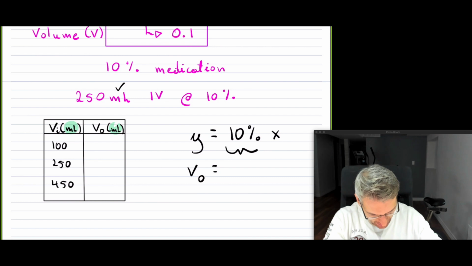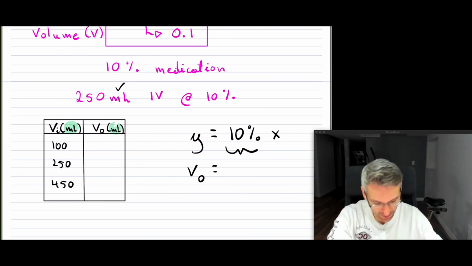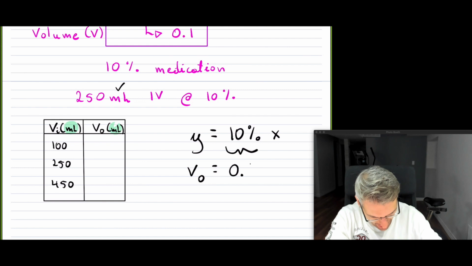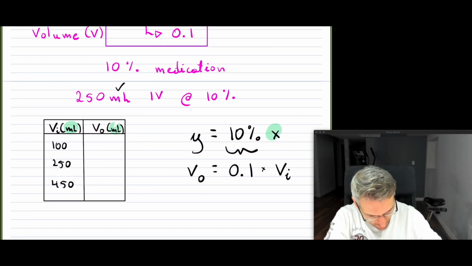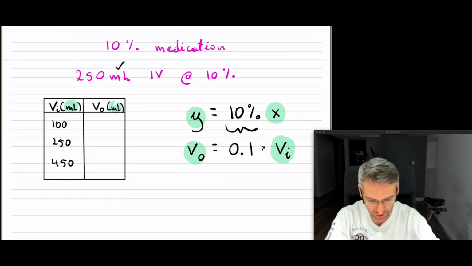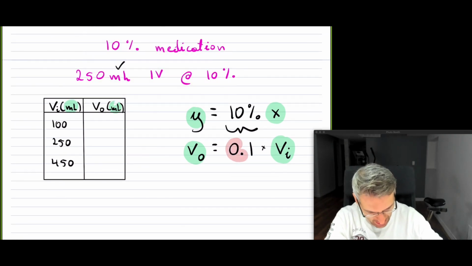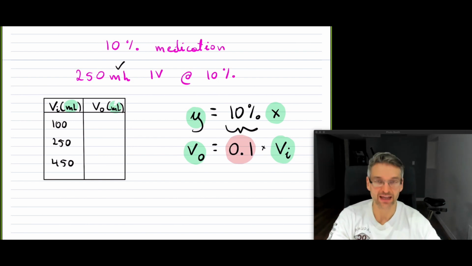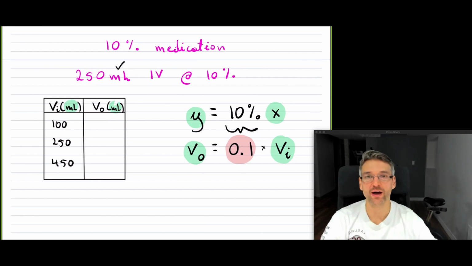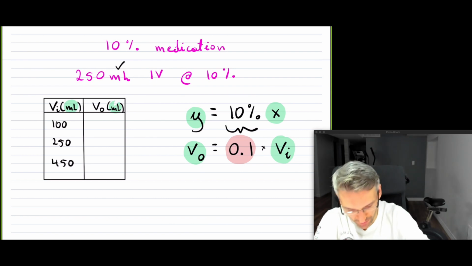Now, 10%, if you're comfortable with percent, it's fine. But most of the time we change percents back into decimals, and then this would be multiplying your input. So your X is your input amount of volume. Your output Y is basically your volume of that. So notice what you're going to be doing is scaling this by this constant of 10%, which is 0.1. So if you input 100 in here, 100 times 0.1